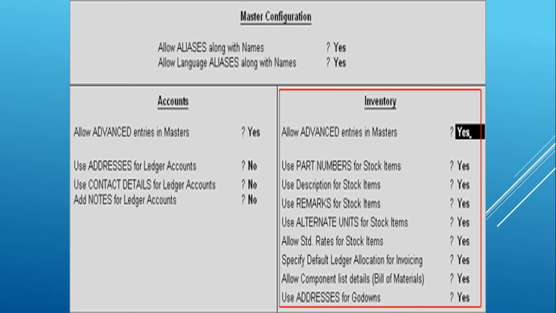For example, a retailer purchases the products from the wholesaler in bulk, such as bags, boxes, whereas while selling, a different unit of measure is used such as pieces, numbers, and so on. In such cases, the alternate unit option can be used, which allows us to provide two different units of measure.